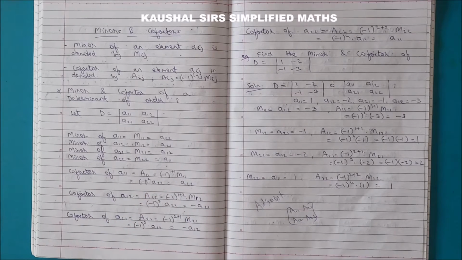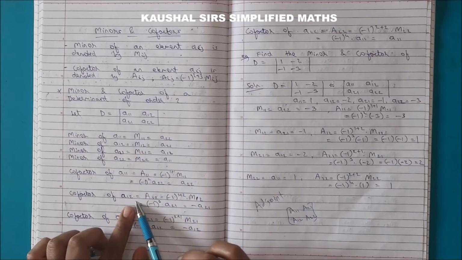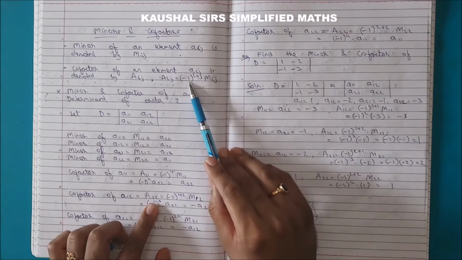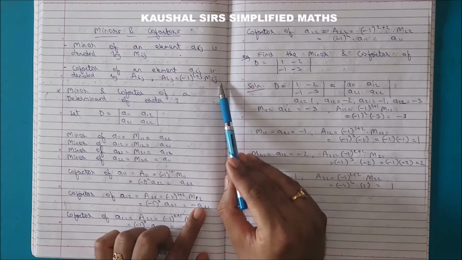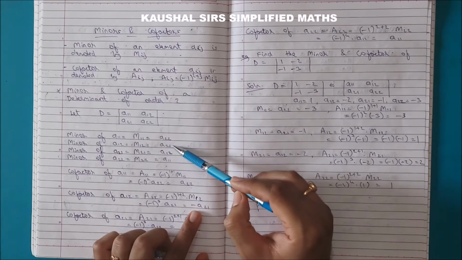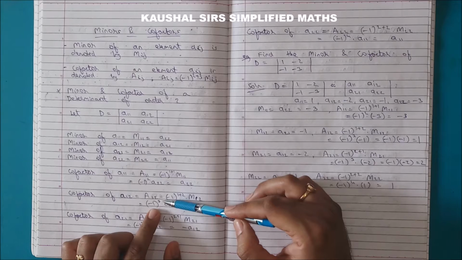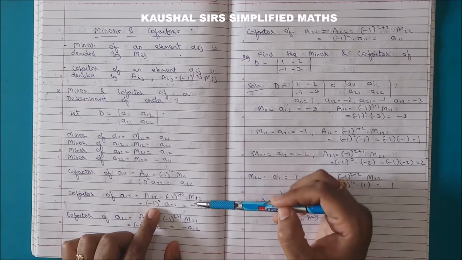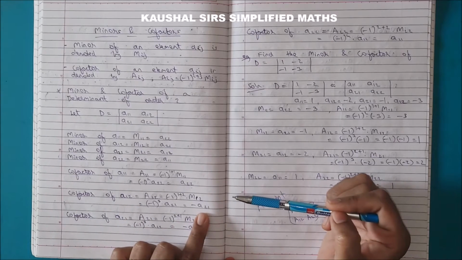A22. Coming to the next element A12. So cofactor of A12, the symbol is capital A12. Formula is what? Minus 1 raised to 1 plus 2 into M12. Now what have we got for M12 students? A21. So put that value here, and negative 1 raised to 3, which is an odd power, is minus 1. So one minus sign will remain here. That is why you are going to get cofactor of A12 is minus A21.